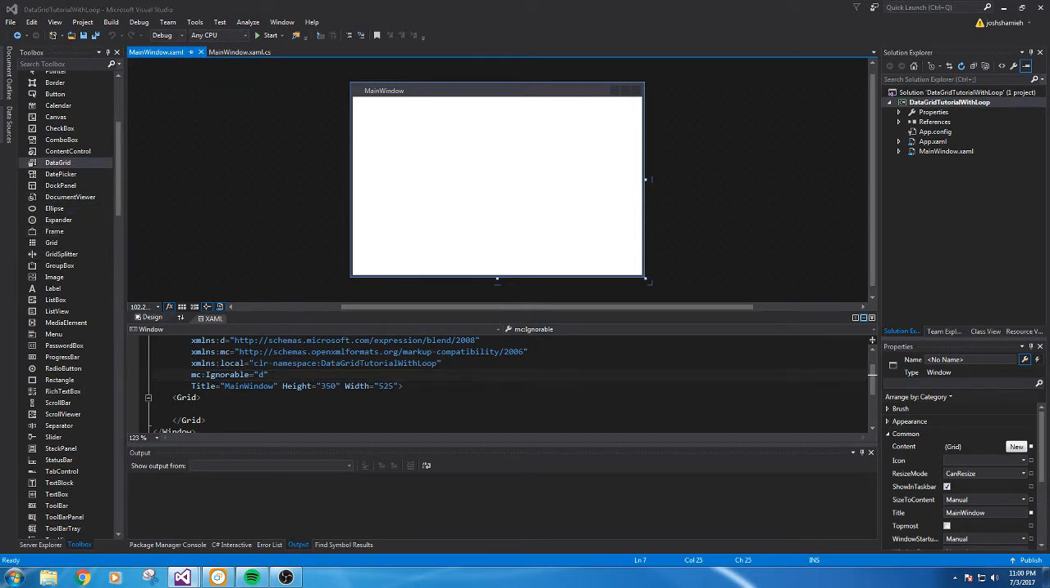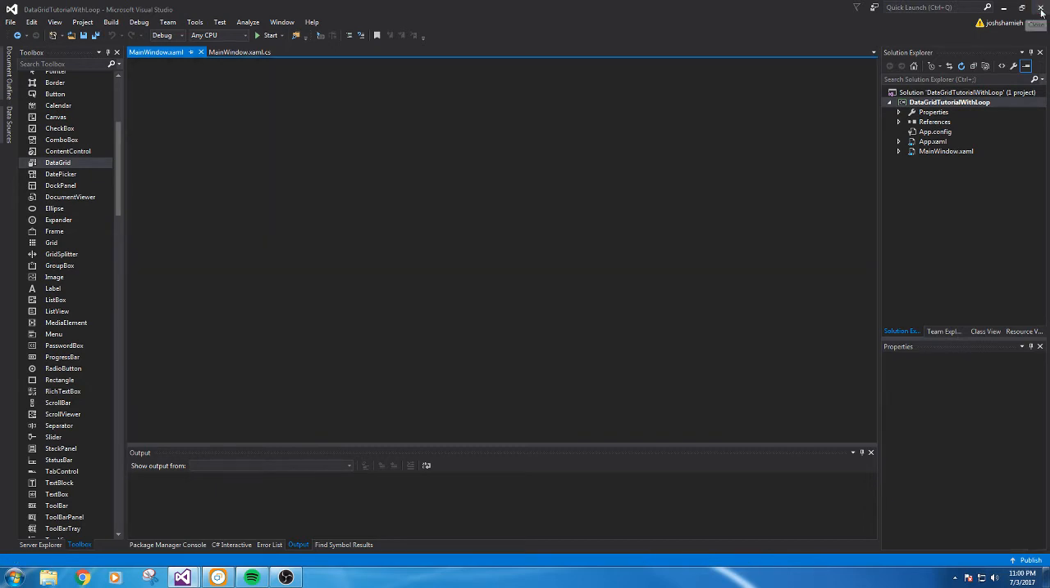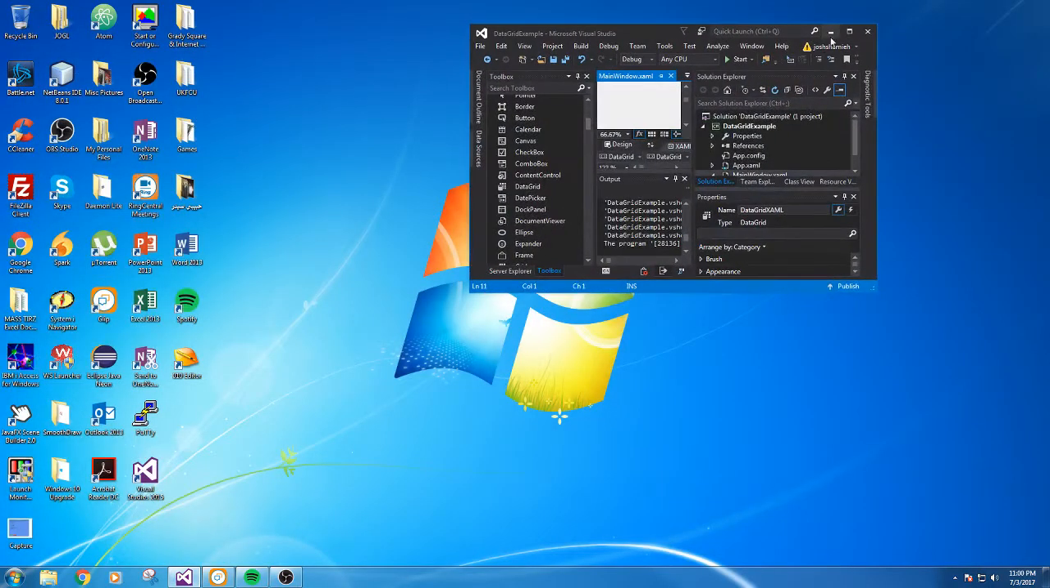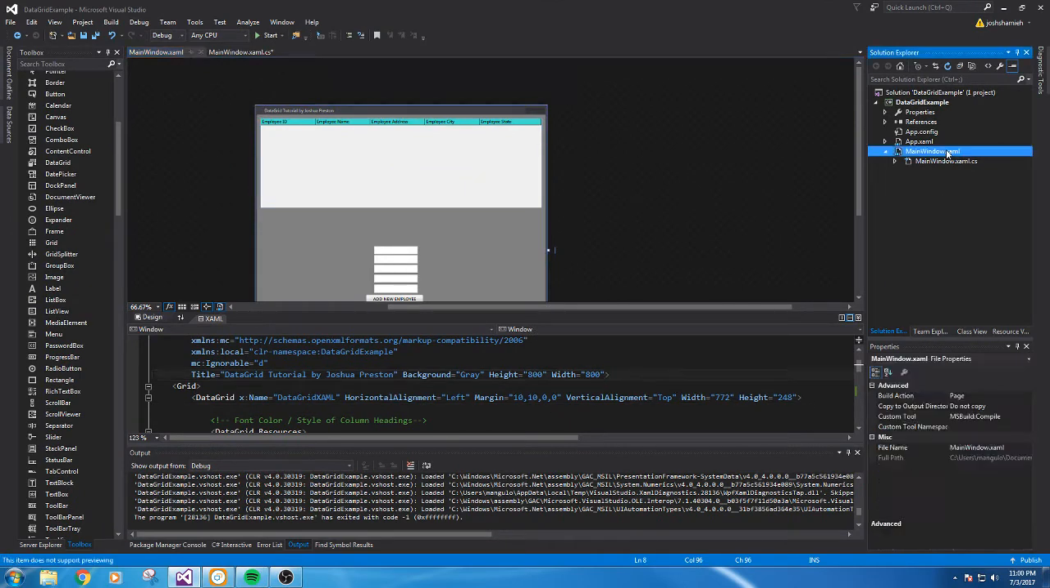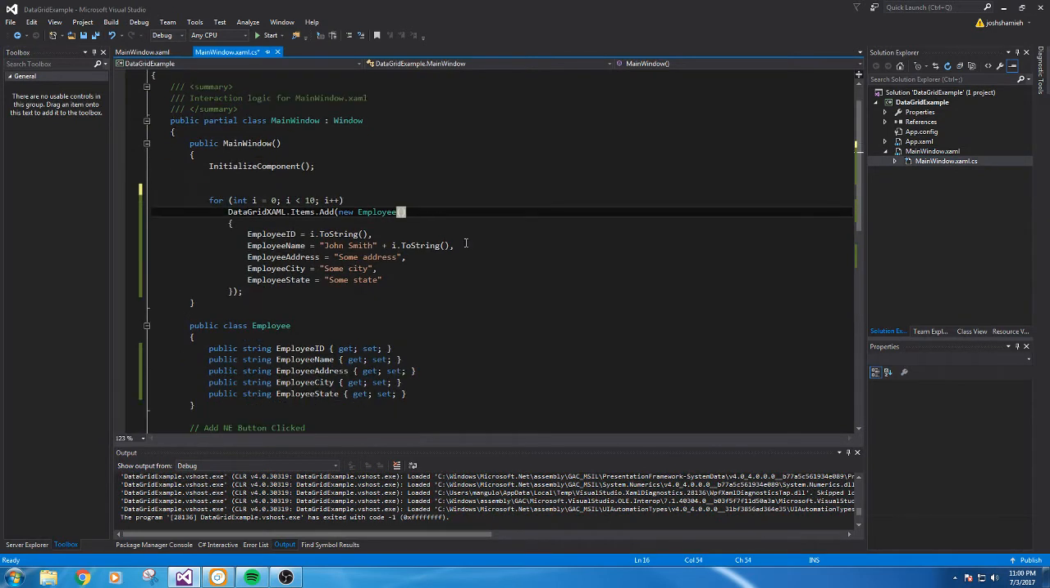Actually, I'm going to just copy the data grid I had from the last program. Actually, you know what? Sorry. I'll just do this. I will close this and use this data grid that I was using in the first place. Alright. So, you'll see